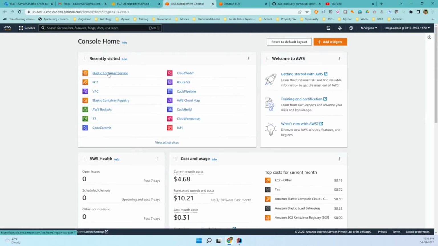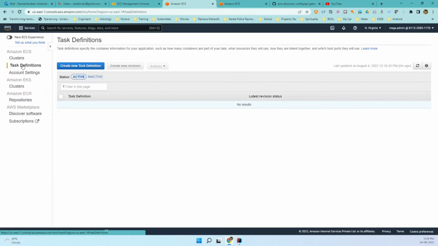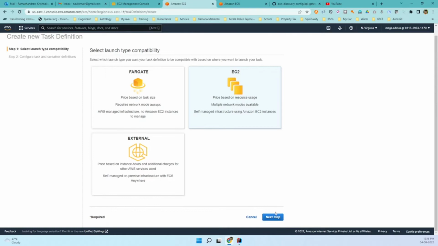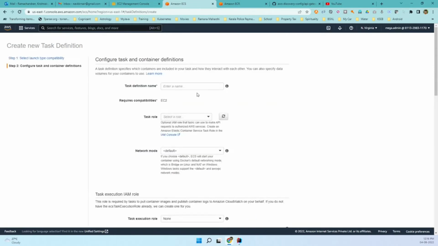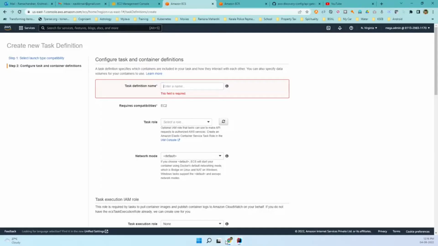Go to the Elastic Container Service and then start creating some task definitions. So let us create a new task. I'm not going with the Fargate. I'm going with the EC2. Then click on next. The first thing I'm going to create is the config server